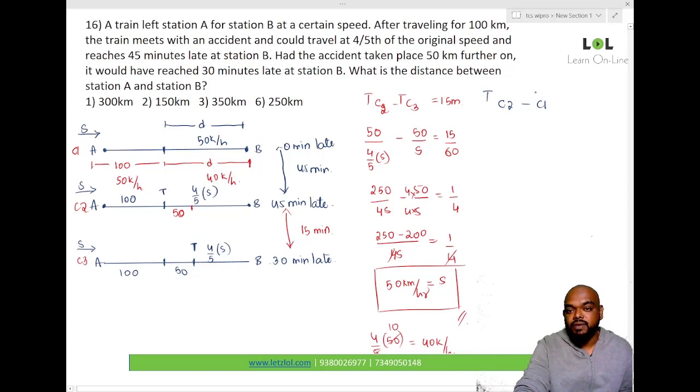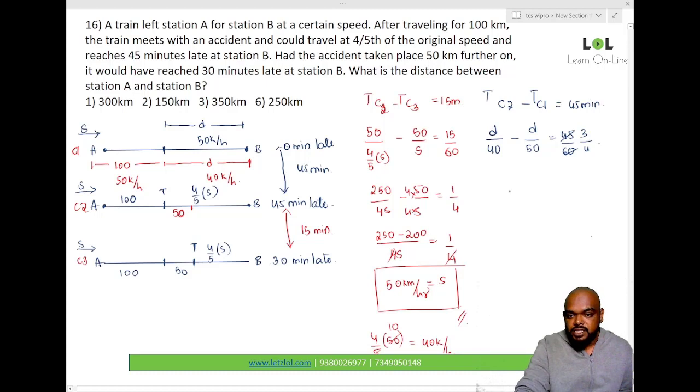What is the time difference between case 2 minus case 1? That is 45 minutes. How do we calculate time? Distance by speed. In case 2, the distance is D, divided by the speed, 4/5 of the original speed, that is 40 km per hour. Minus, in case 1, the same distance is covered at the original speed, that is 50 km per hour. This is equal to 45 minutes. Convert it into hours, that is 45 by 60. That becomes 3 by